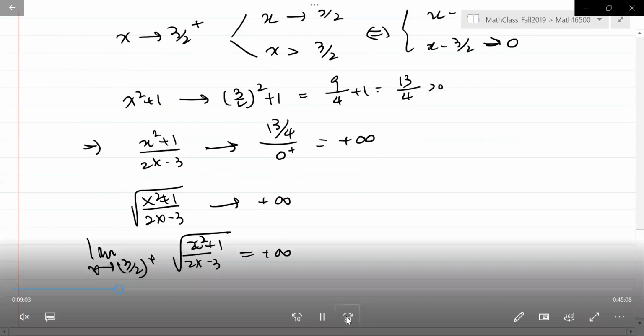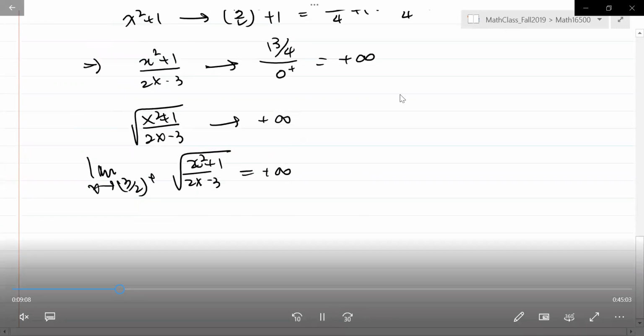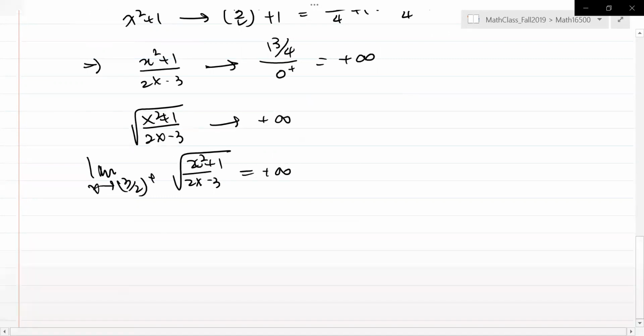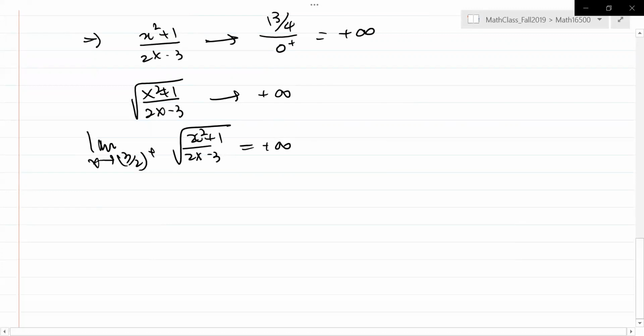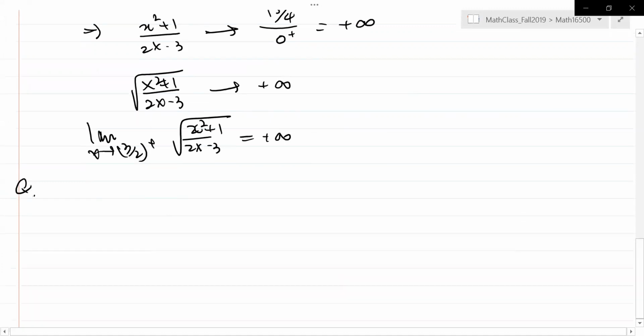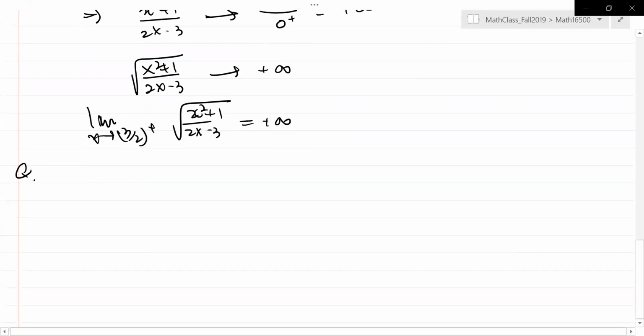Okay? Now, let's move on to look at the next problem. We are going to find the limit of x squared plus x minus 6 over x minus 2 as x